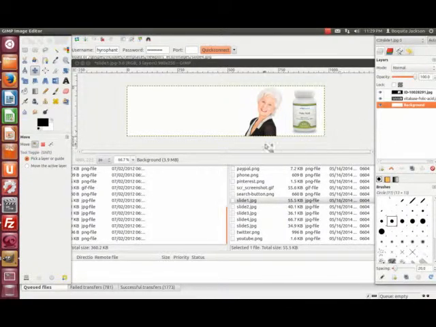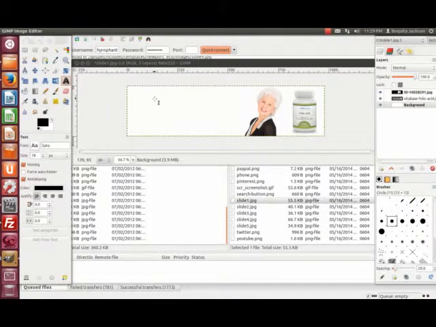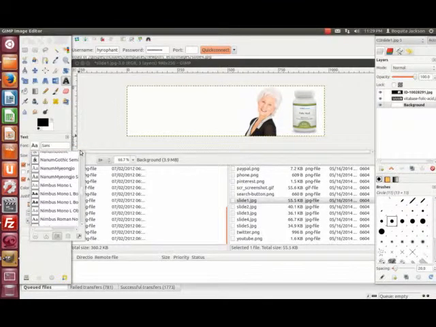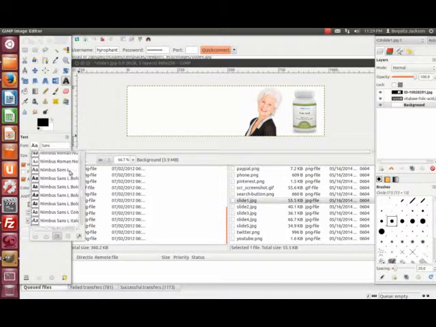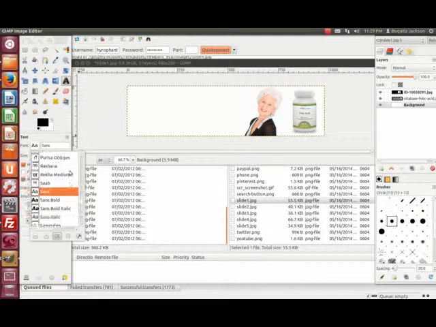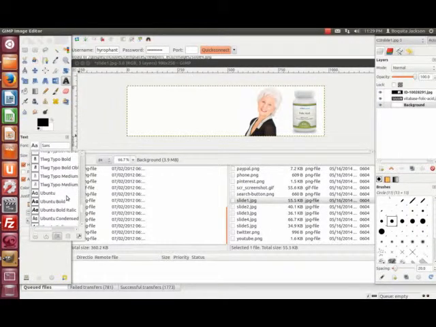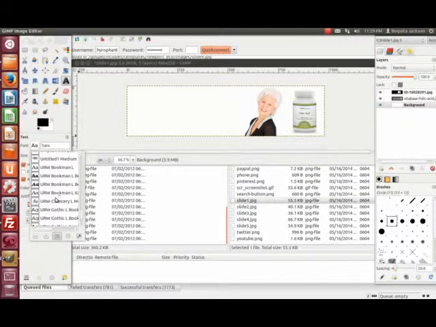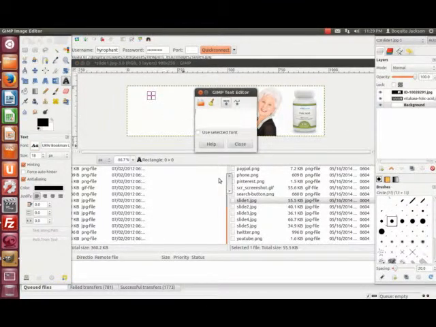Now I've got to think of a blurb. So I'm going to go here. What kind of font do I want? There's not many choices. I could go out and find one, but I want to do it real quick. Serif. Ubuntu Bold. This one looks good. And I'll say something like